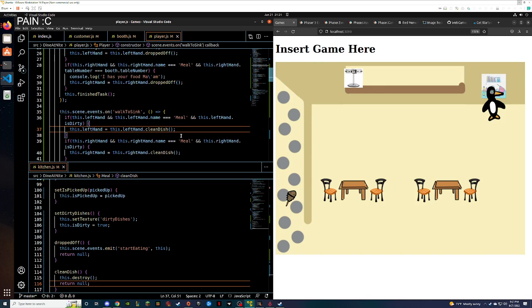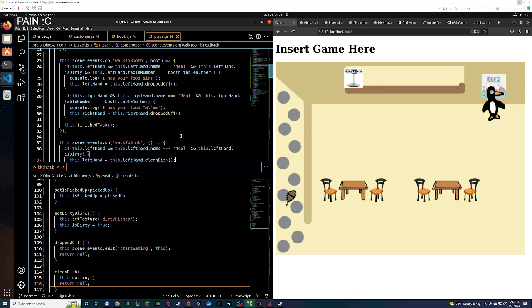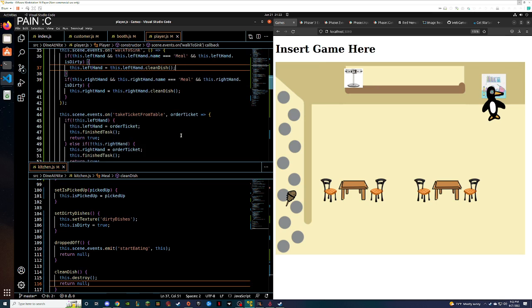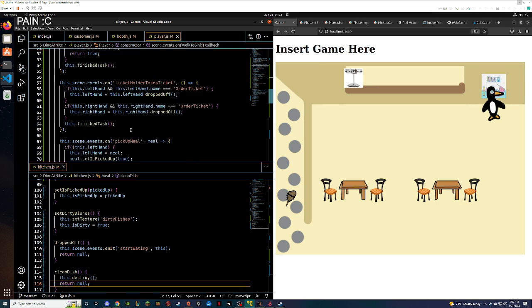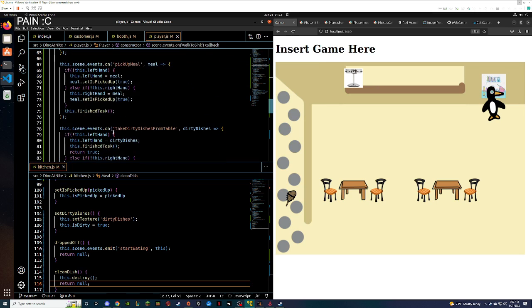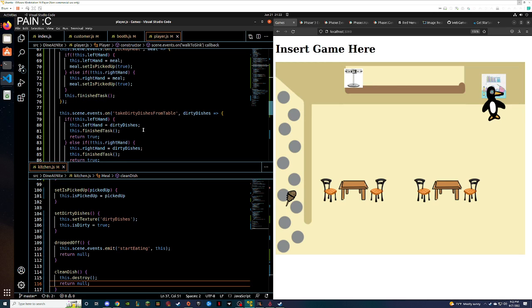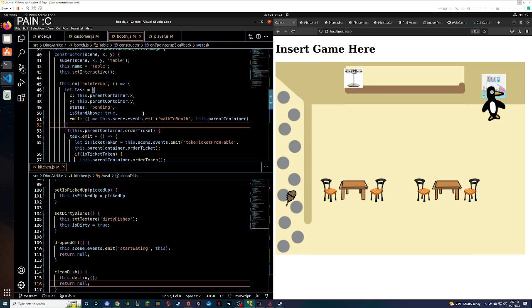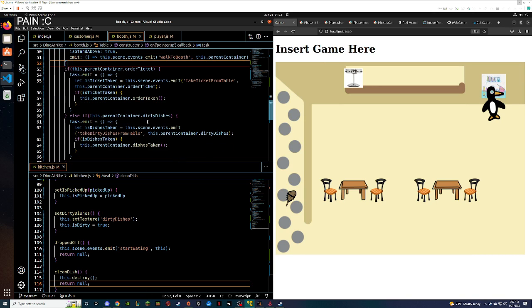Shoot, where do we? Pick up, no, take dirty dishes from table. This dot finished, oh no, we don't want that. This should be on booth, right? Take dirty dishes from table.